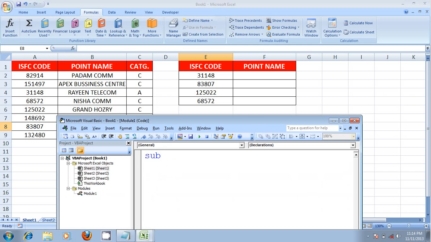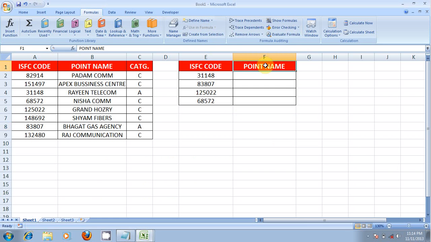Sub VLOOKUP test1. Here, select the range where you want to display the data. In our case, this is the range for displaying the formula result.